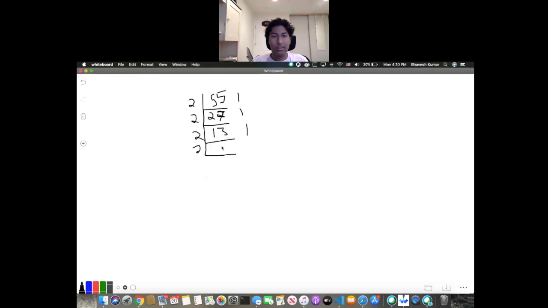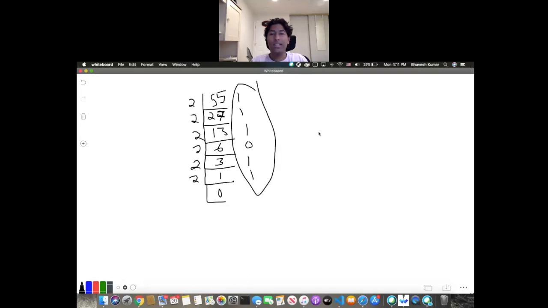2 is 1, take this with 6. Now here's the remainder 0, the quotient is 3. We'd go on, 1 just equals 1, but even though we cannot divide it anymore, we can still write the remainder to be 1. So now if we traverse this, we get our answer of 1, 1, 0, 1, 1, 1, which equals